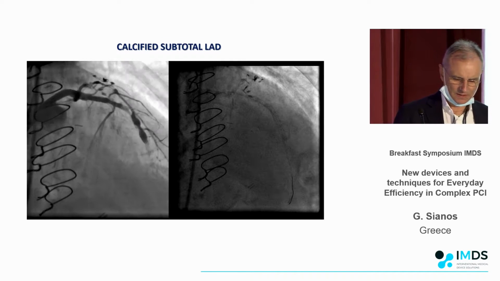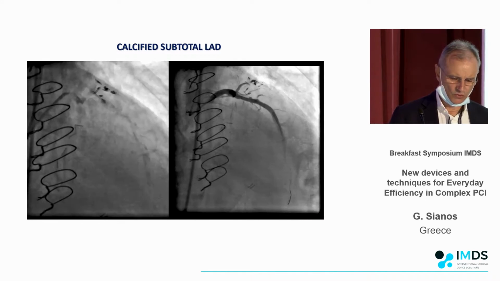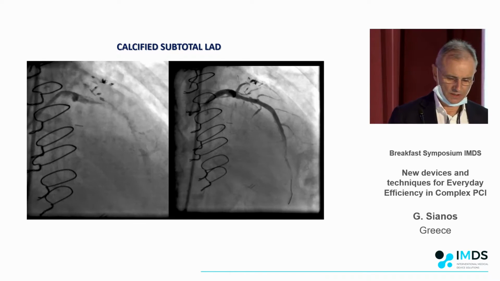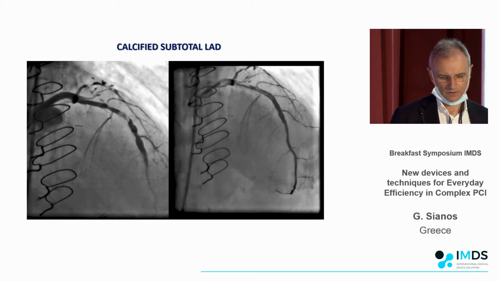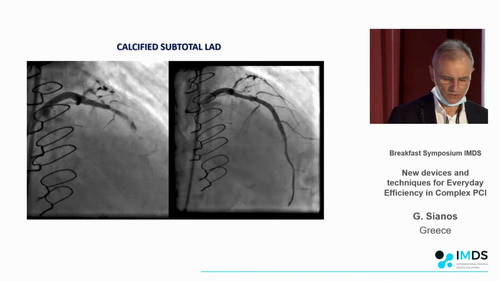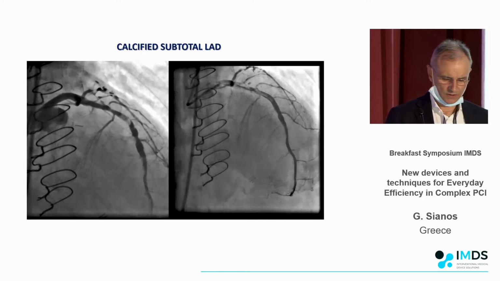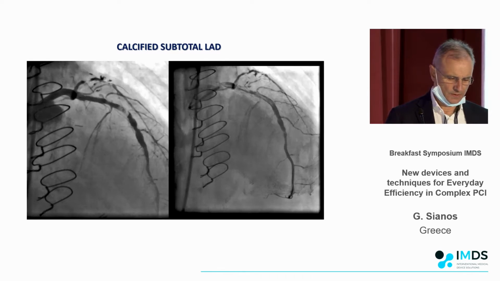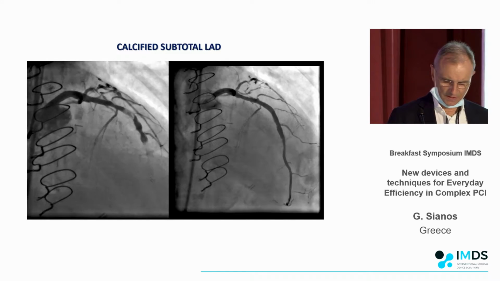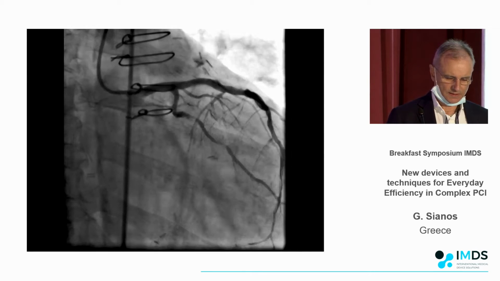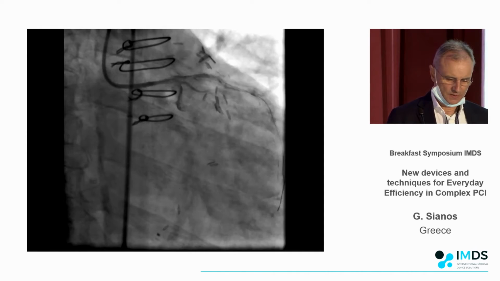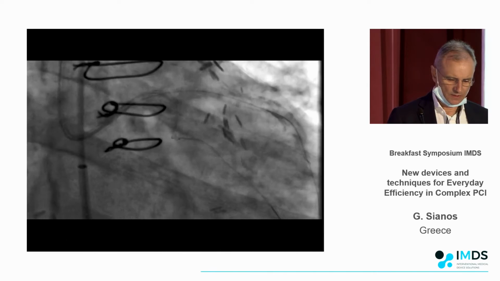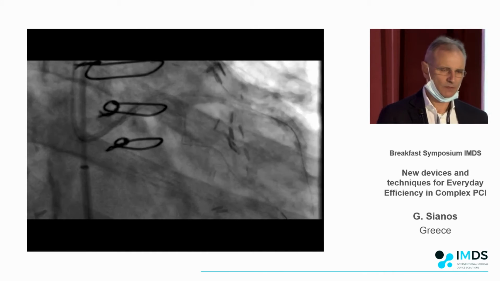That's another case that I did. It's not a CTO, because quite a lot of the times we're facing very hard tissue, and this balloon has a very good role there. It's not only about uncrossable CTO lesions. You know that there are lesions that are not occluded, and they're very hard to do. This is a calcified vessel, and the LAD was tackled, and he had this circumflex, but it's quite tortuous in the proximal part. There is an ostial stenosis there, and I would like you to focus on this case, this balloon,